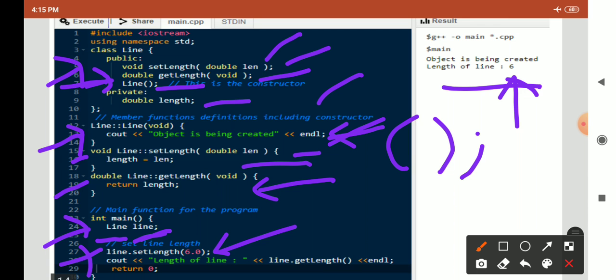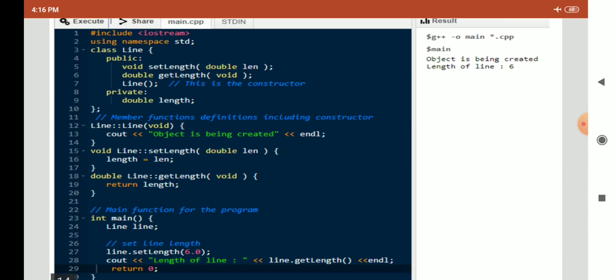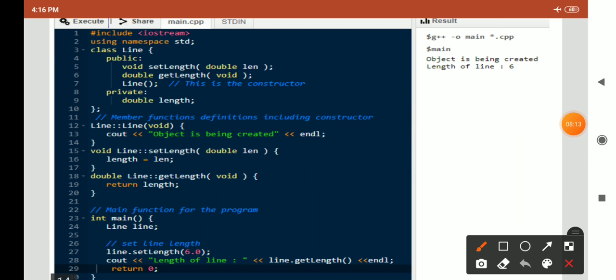And when the constructor is called, the call goes here, and whatever code is written in it will get executed.